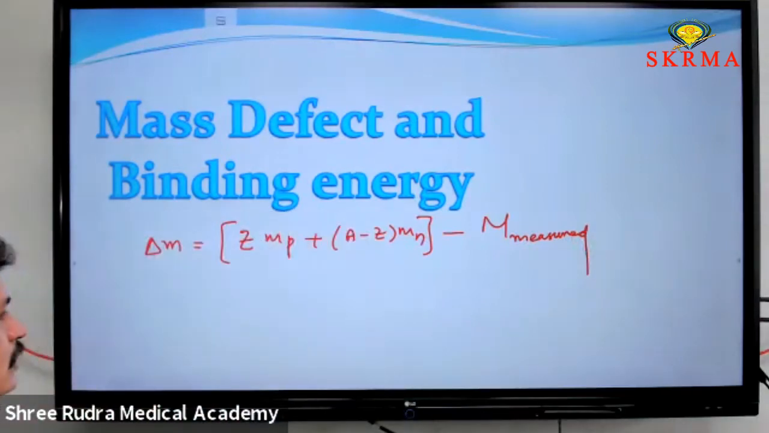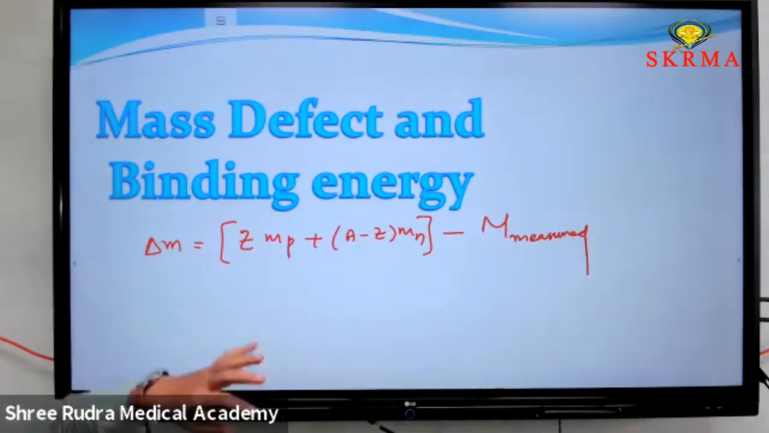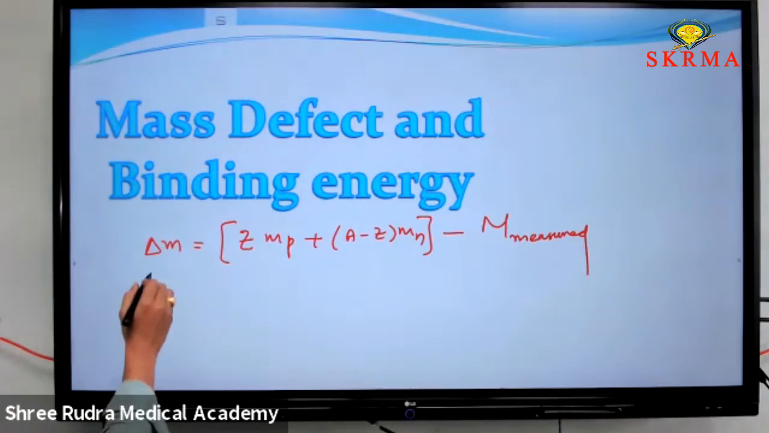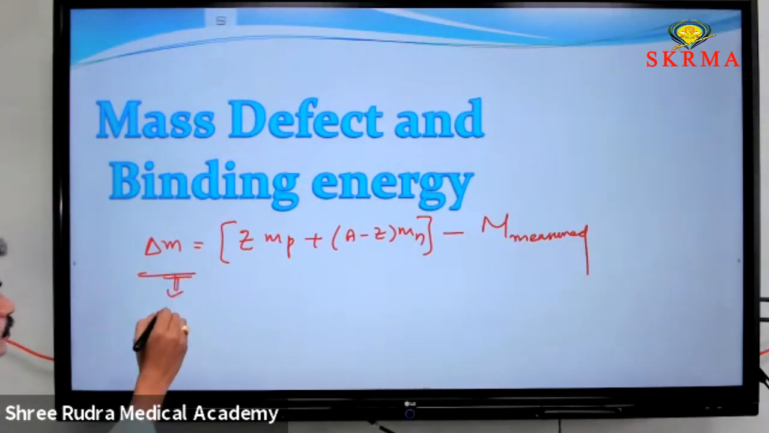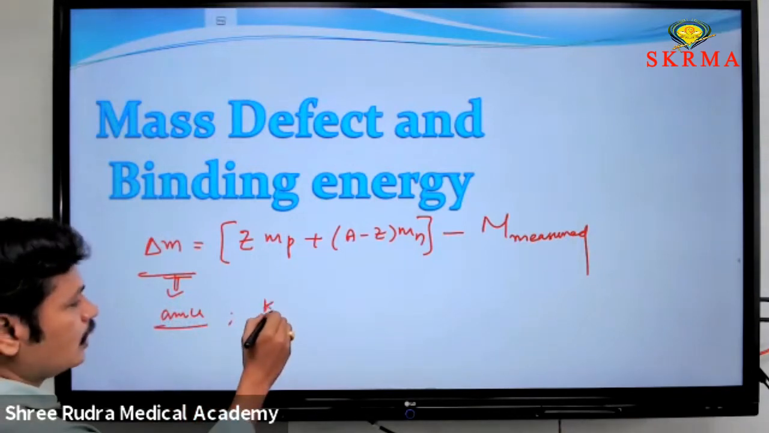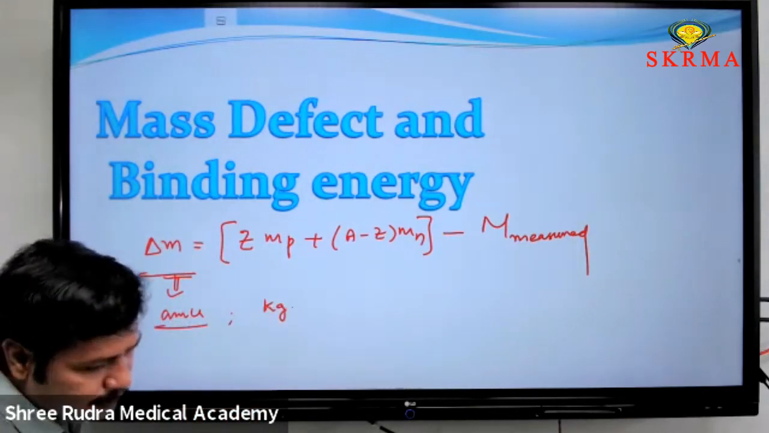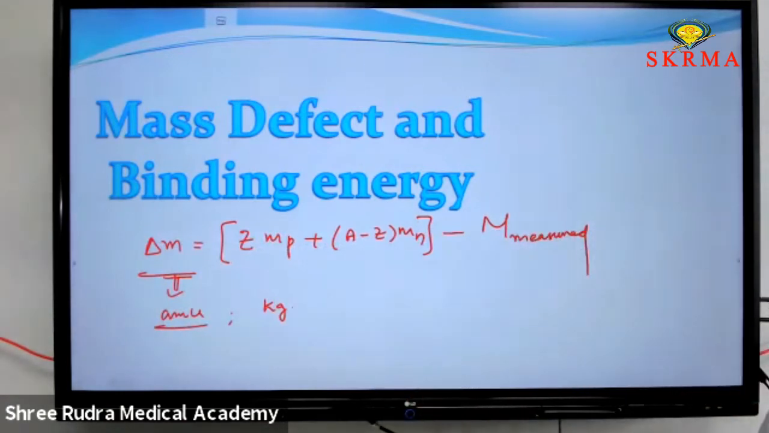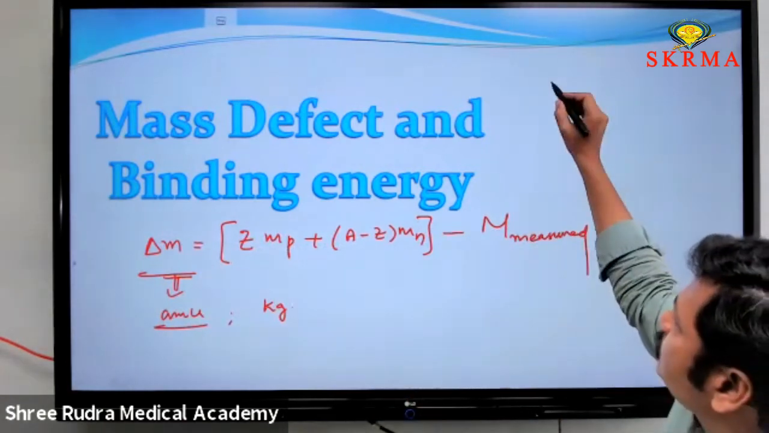This is a basic equation for delta M. Delta M is equal to the difference between the measured mass and the total mass of the nucleons. Delta M is also expressed in AMU, atomic mass unit, or in kgs. Whenever you express the delta M value in AMU, the binding energy equation...